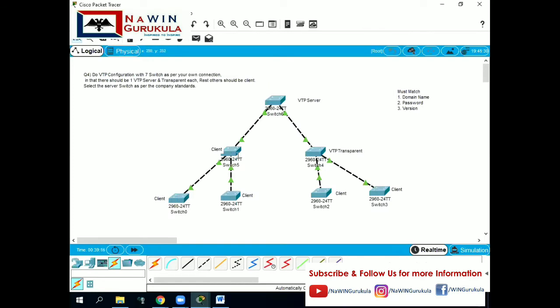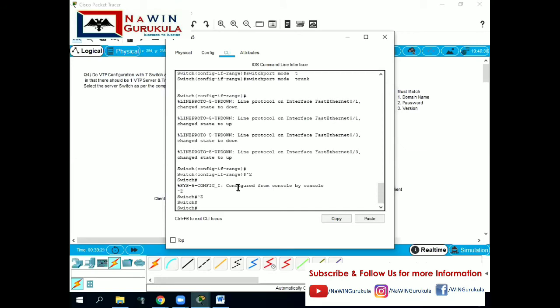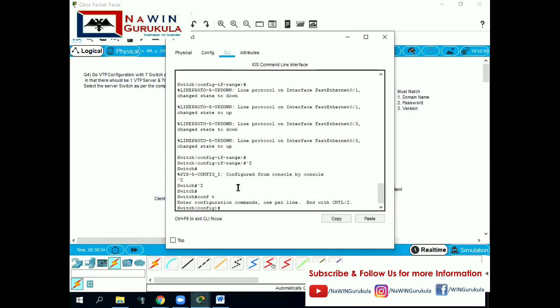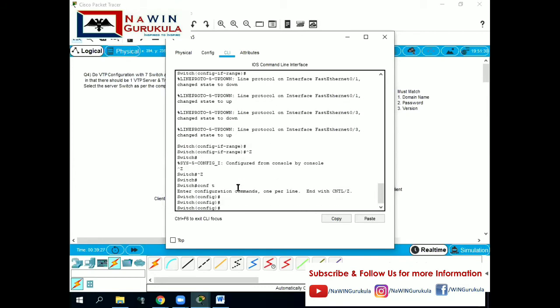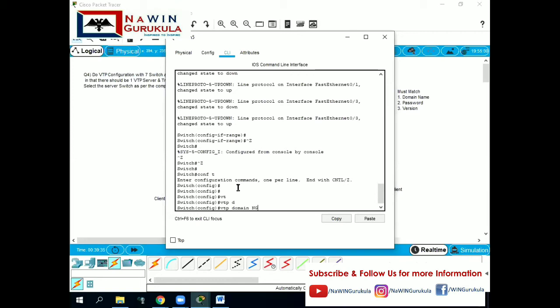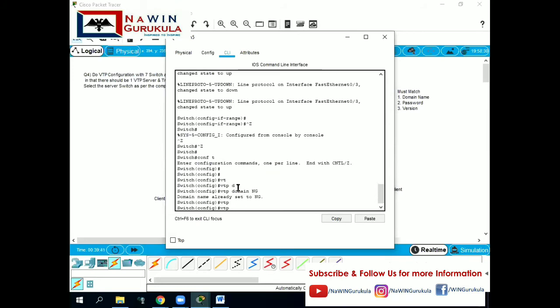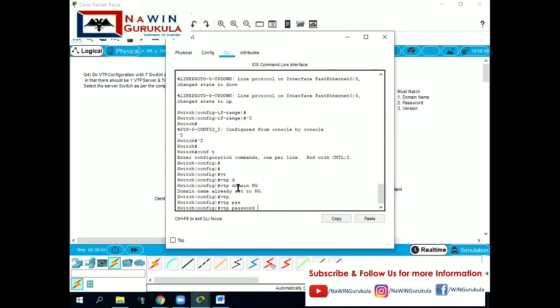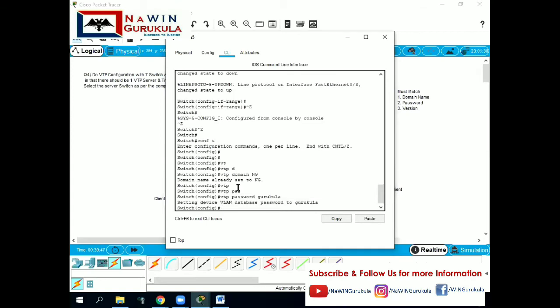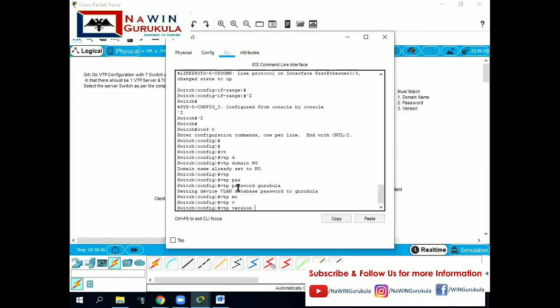So we'll create a client also. One client we'll create here. Config terminal. VTP domain is ng, VTP password is Gurukula. I'll create a version: VTP version is 2.